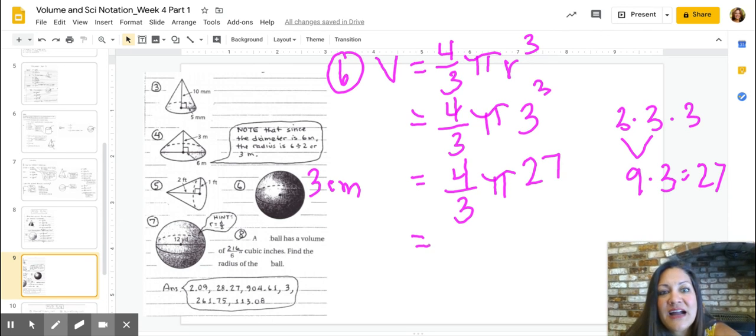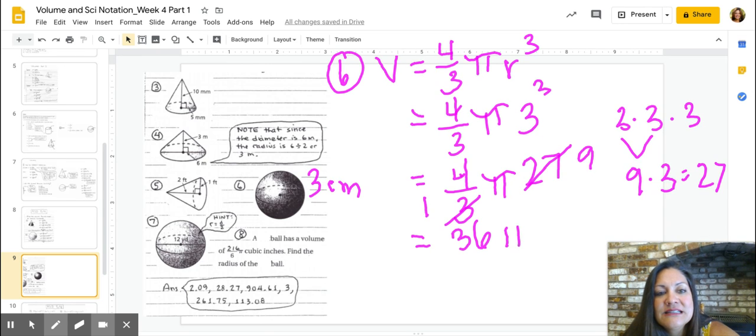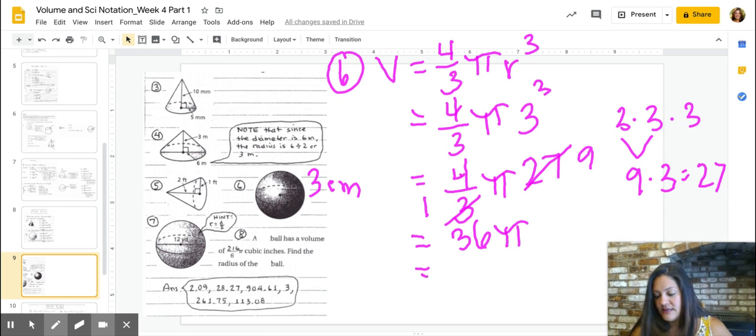I can simplify. 3 goes into 3 one time. 3 goes into 27 9 times. So that leaves me with 4 times 9 is 36 times pi. And I can use my calculator. 36 times 3.141 equals,